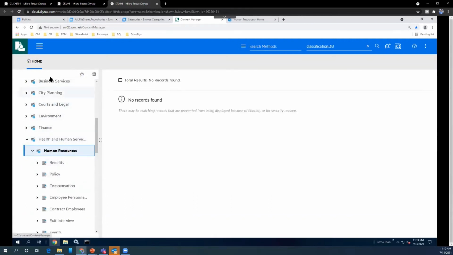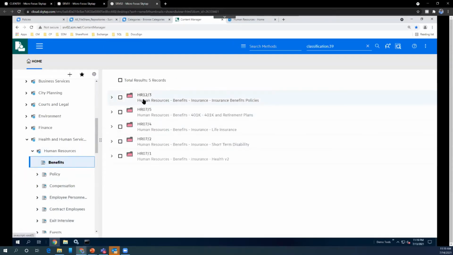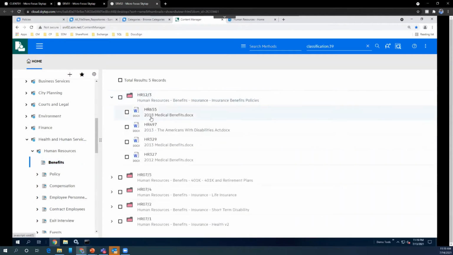You have different departments, divisions. Within this department you have a sub-department, which is HR. Within HR you have certain business practices, like benefits, policies, compensation, employee personal records. And within benefits, you have different folders. You can create different folders or different types of record, and then store the data accordingly.